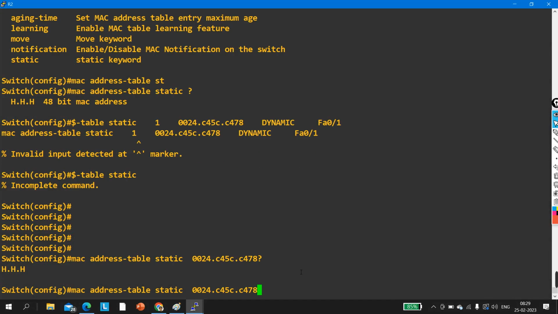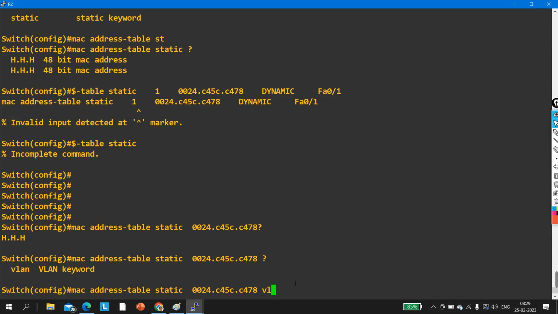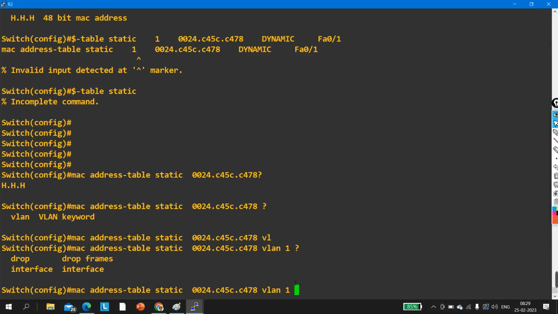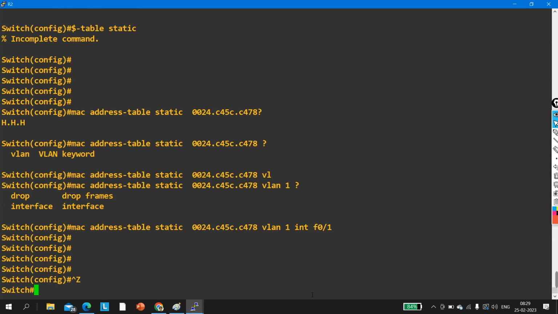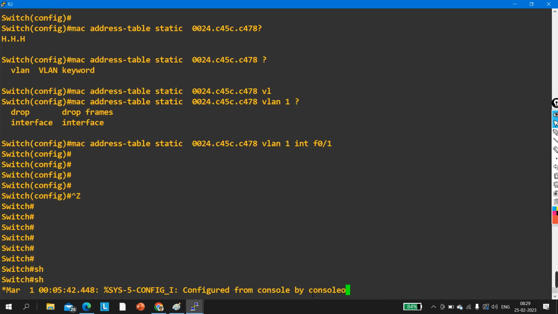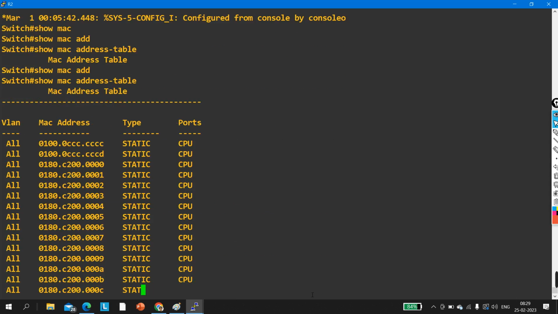And on which interface do you want to configure this MAC address, and for which VLAN? So for VLAN 1, and on which interface, because as you know, the switch maintains VLAN information, port number, and MAC address in the MAC address table. So interface F0/1. Okay, and now if you check the MAC address table, see here,